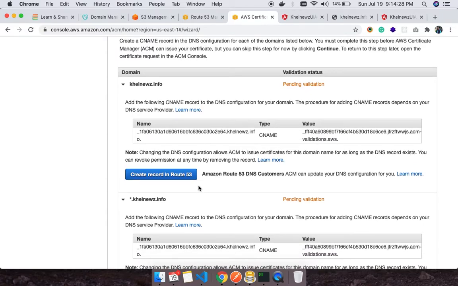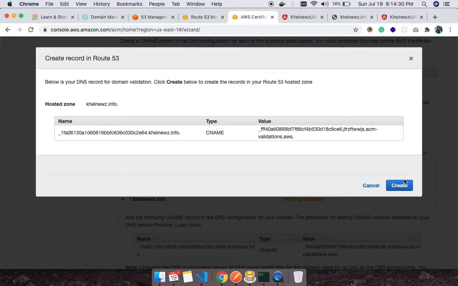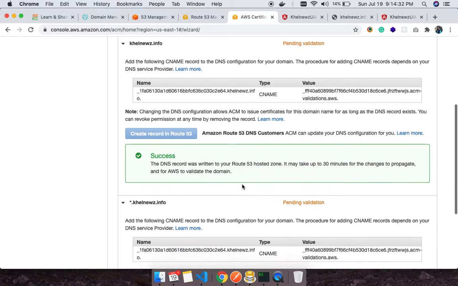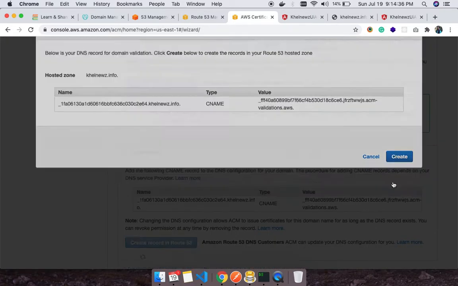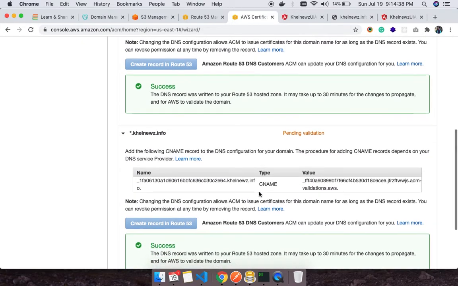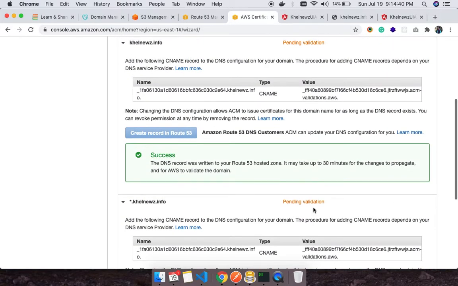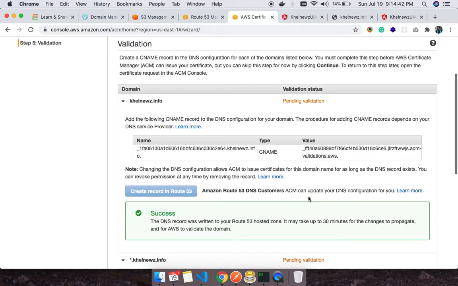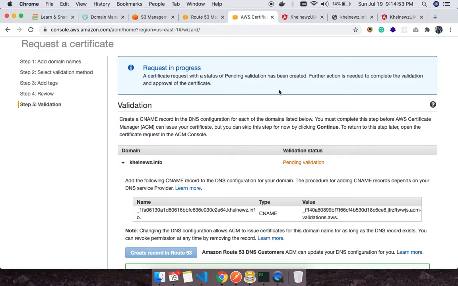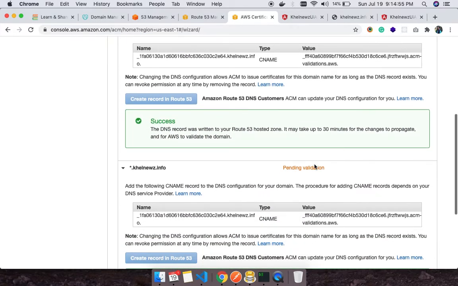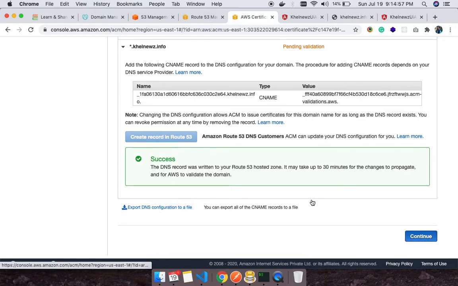So let's add this create record in Route 53 as well, because this is required to achieve this. Now, as you can see, currently the status is pending validation, because it may take some time for AWS to validate the domain before it issues a new certificate for us. So now continue.